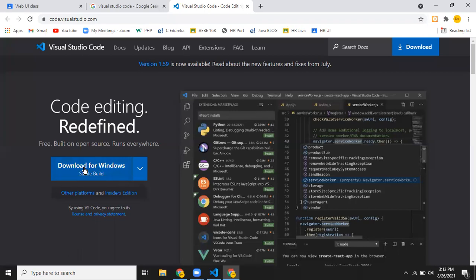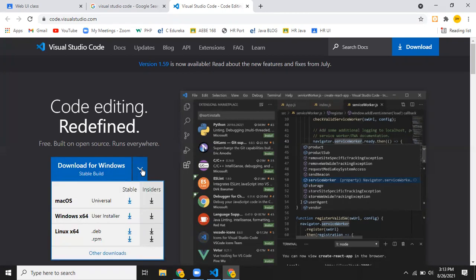By default, generally it selects the operating system you are using. For example, here by default it is showing that I'm using the Windows operating system, so it's going to show me the Windows version. Let us say you are using a different operating system. Click on the drop down button, and you'll see different operating system versions shown for you. So if you want to use it for Linux, or for the Mac, you can use that.